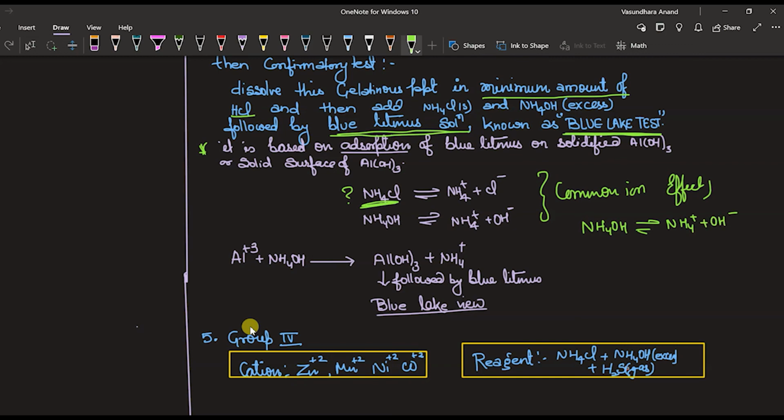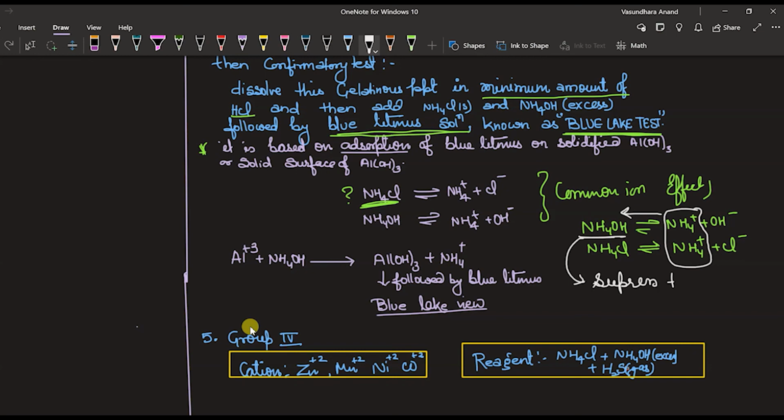On adding a strong electrolyte like NH4Cl, we increase the concentration of NH4+ on the product side. Due to this increase, according to Le Chatelier's principle, the equilibrium shifts in the backward direction, and this will suppress